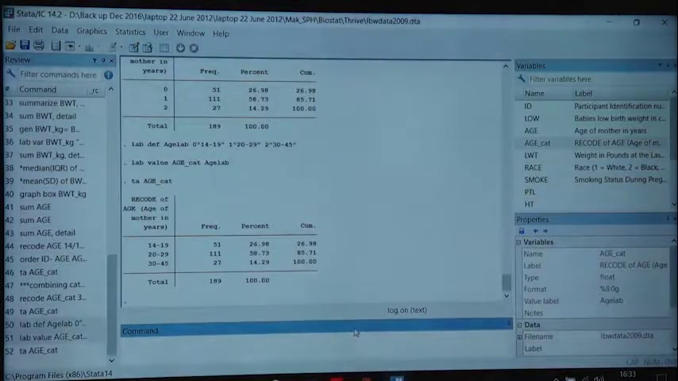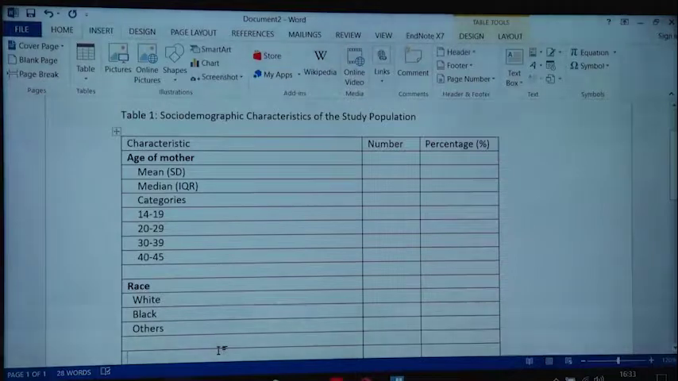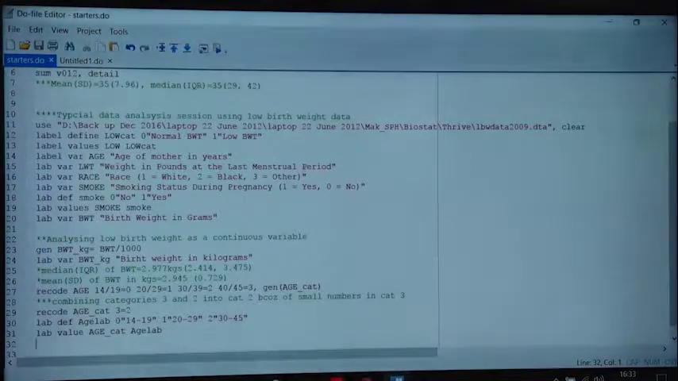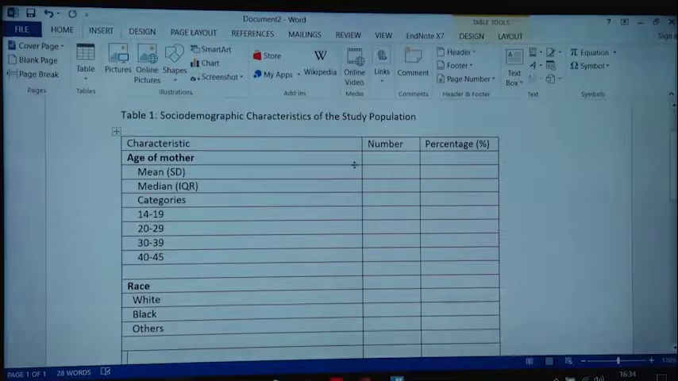Now, we now go back to our shell table. We need the mean and median age of mother, but we have them. Anybody remembers where they are? We have them in our what? In our do file. Where is the mean? It is here. And the standard deviation. This is the mean, and that's the standard deviation. So we can copy it from here,